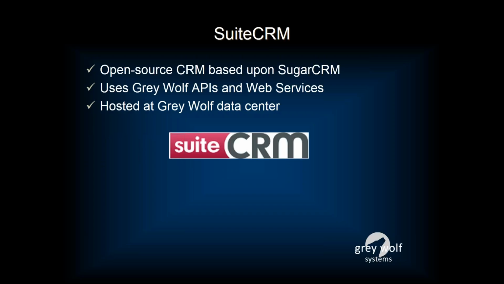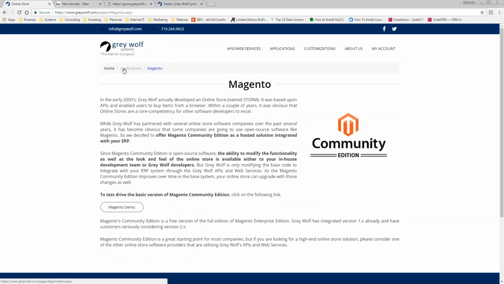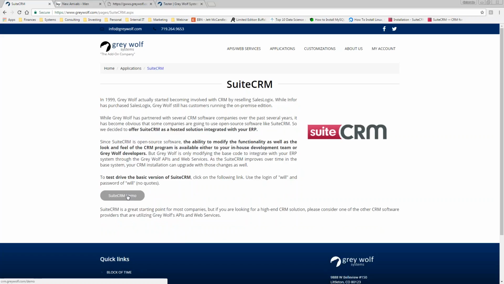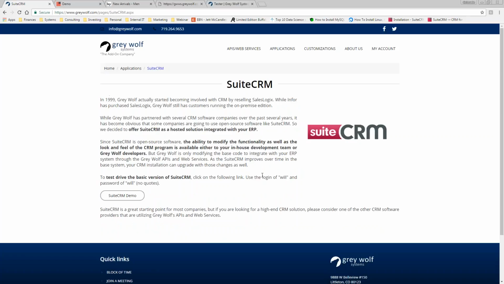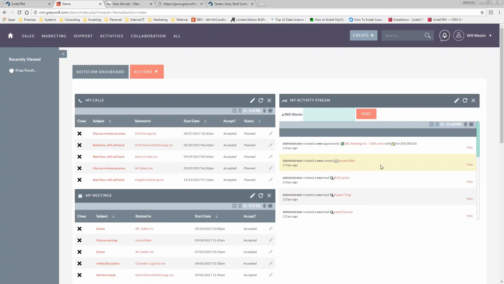We are hosting it on our environment, and if you go to our website now, you can play with it a little bit. Go to Sweet CRM, and there's a demo, and if you go back a page, you're going to see that the login is Will. So if you log in as Will, you're going to see that you now have a CRM tool that is integrated with SX. Very simple, you don't have to host it. It doesn't have to be something that you have to put software on your system, but it's all still integrated